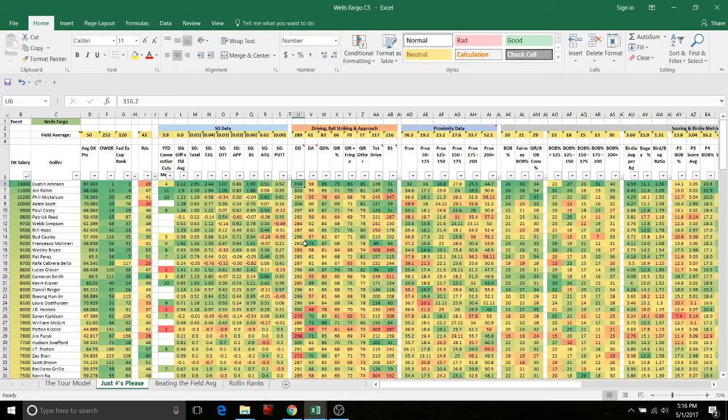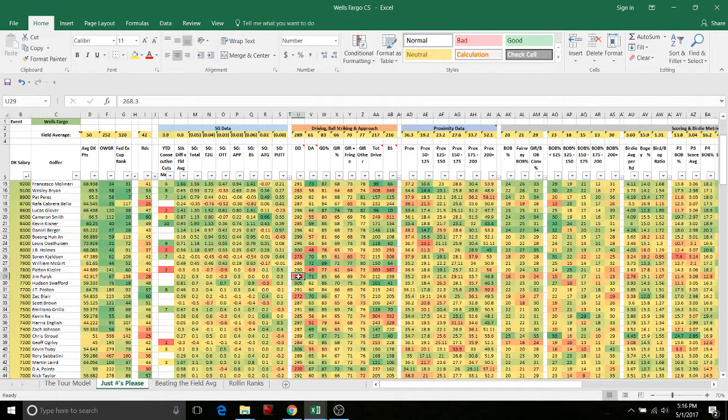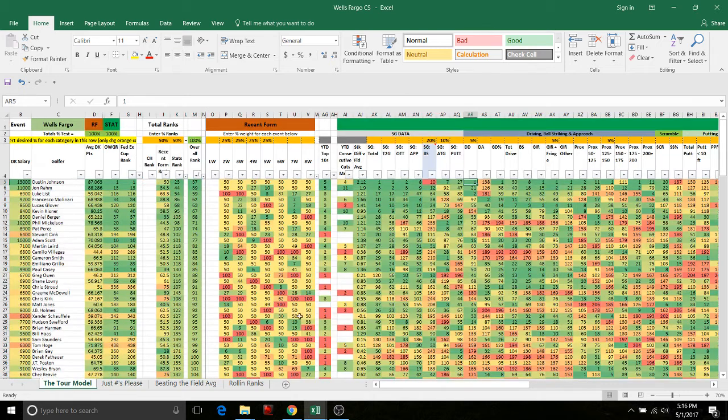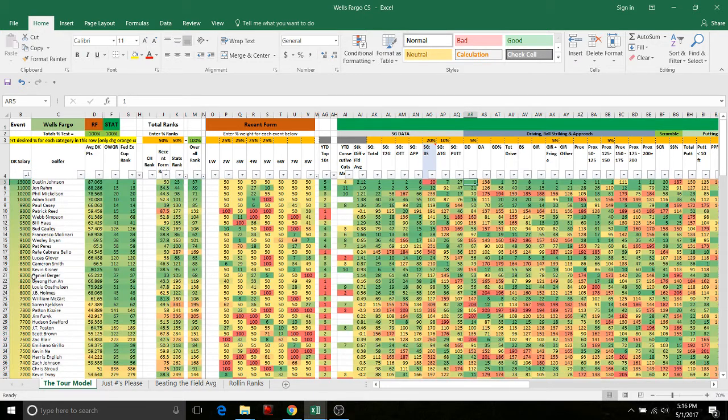this week. And that's what it enables you to do. Everything is color coded by column to let you know relative difference. So as you can see, Jim Furyk is one of the shortest hitters in this field at 268 yards, and the difference between him and Dustin Johnson is significant. They will obviously be playing this course totally differently. But this allows you to really see what the differences are between whoever is ranked first and whoever is ranked